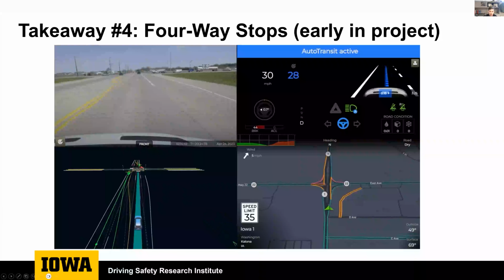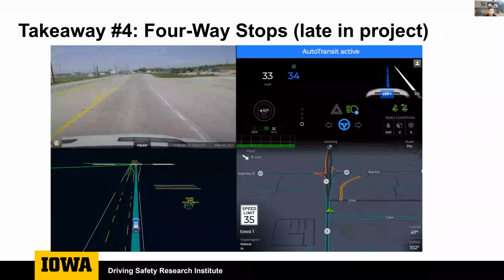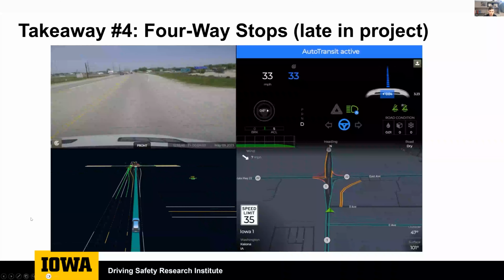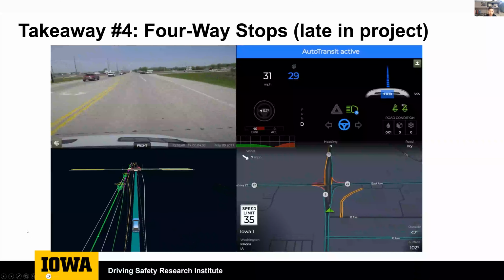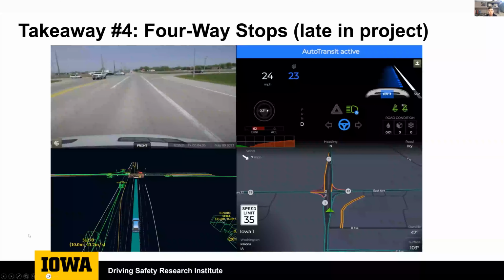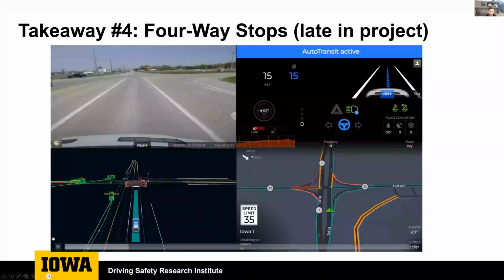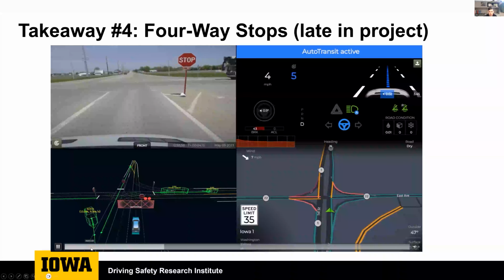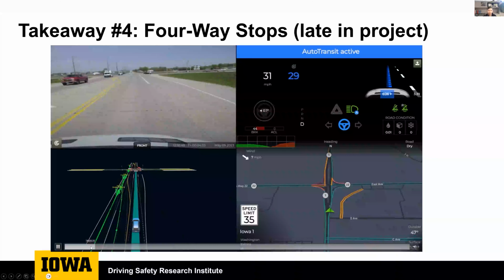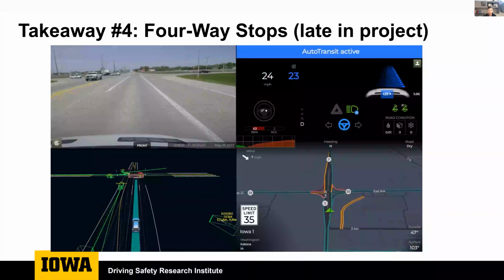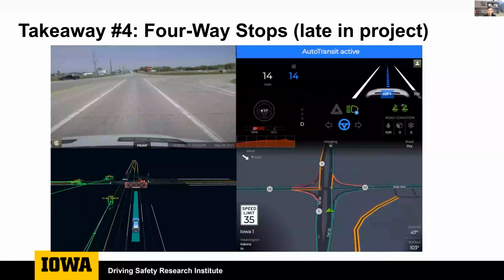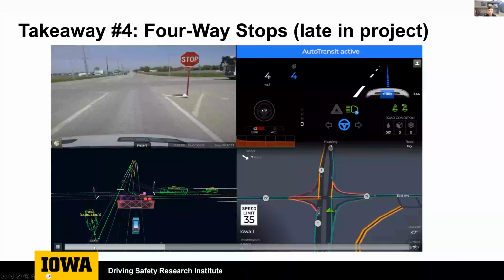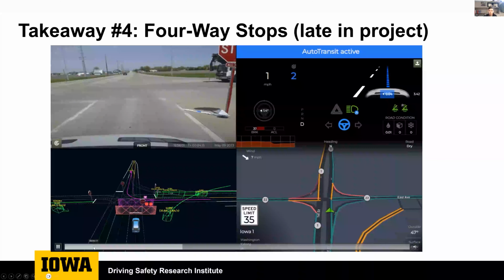So this is, again, the same view, the same intersection we're heading towards, but in a later phase of the study where we've worked with the automation software a bit in handling these situations and perceiving the vehicles around us. So we're approaching the intersection again, starting to slow down at that same normal speed, but this time, instead of getting way down to a slow speed and creeping, we're now approaching at a much more appropriate, or quote unquote human, style of driving, where we get up to that stop sign at a much quicker rate.